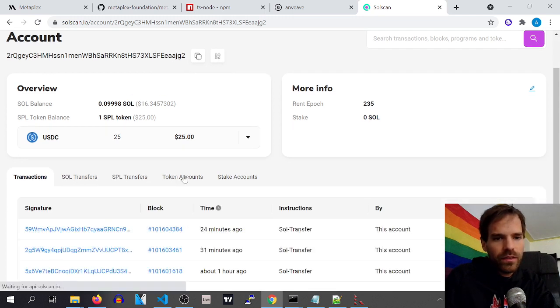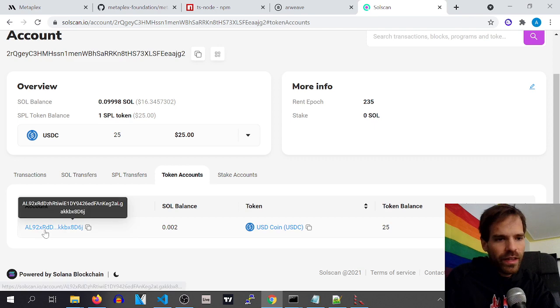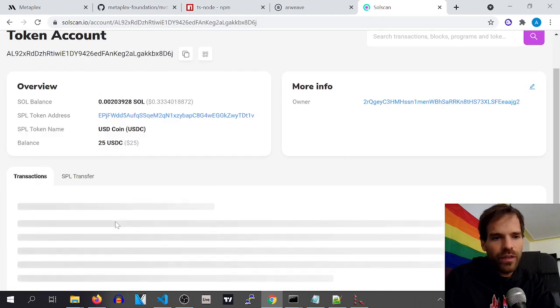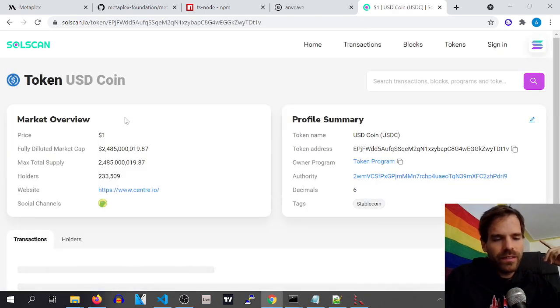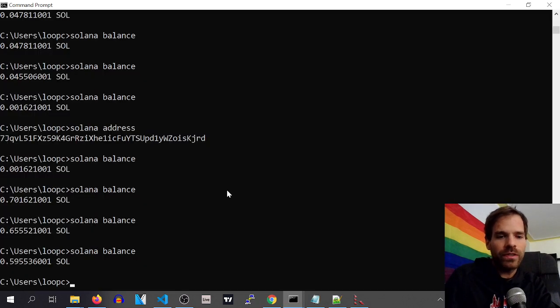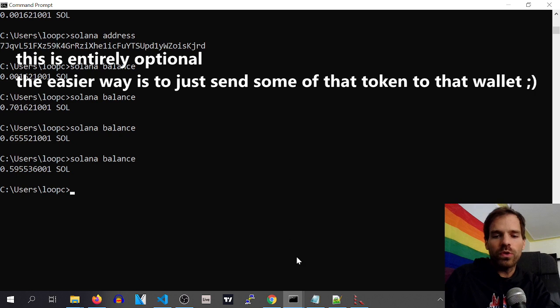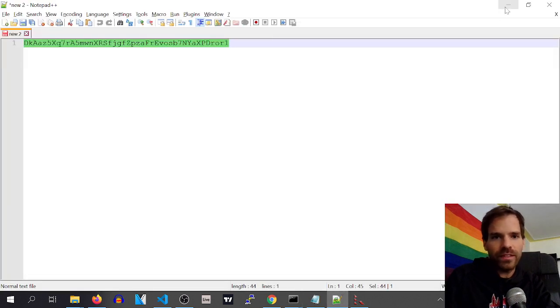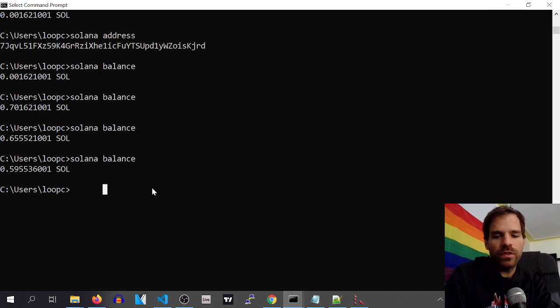And let's see, token accounts. That's my token account. And if we have a look at that, then we see that this is the address. Is that the token address? Yeah, that's the mint address. There we go. So we first need to find out what even is the mint address of the coin. And then we do some magic on chain, because I want it to go to this address, right? But this address doesn't have the account yet. So what I need to say,